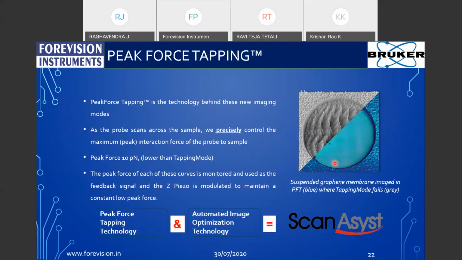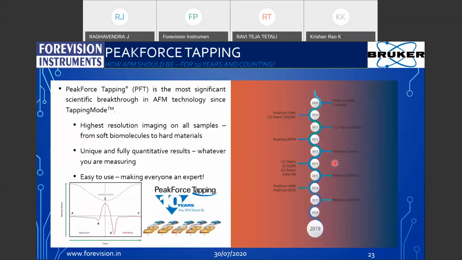So you can clearly map the suspended graphene, and suspended graphene is very fragile. So with peak force tapping, we are able to measure or image very fragile samples. And if you combine peak force tapping with automation, then it is called ScanAsist. I will discuss ScanAsist after two slides, and I would like to explain a little bit about peak force tapping. In peak force tapping also, we try to do